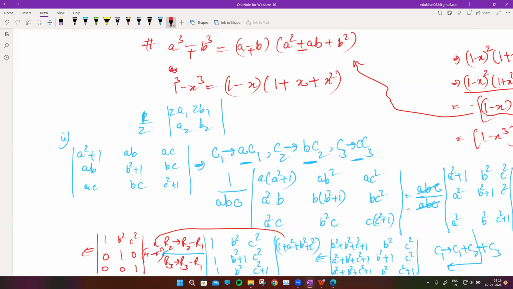Now it can be reduced. It can be written as 1 into 1, 0, 0, 1, into 1 plus a square plus b square plus c square. This gives you the value 1. So the final answer is